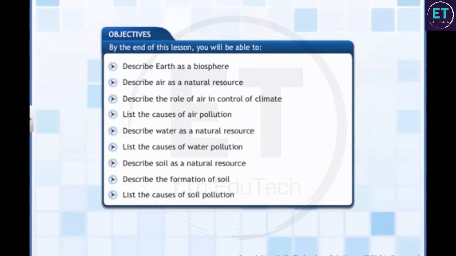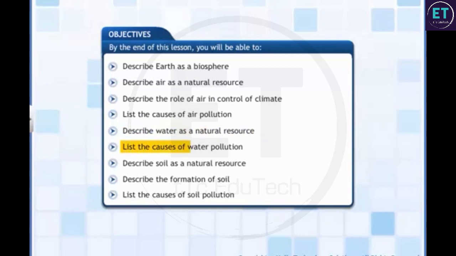By the end of this lesson, you will be able to describe Earth as a biosphere, describe air as a natural resource, describe the role of air in control of climate, list the causes of air pollution, describe water as a natural resource,